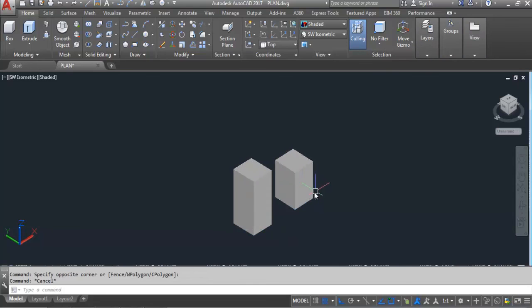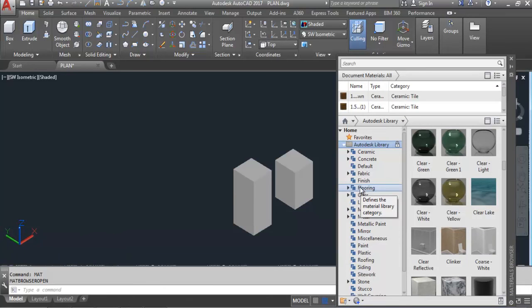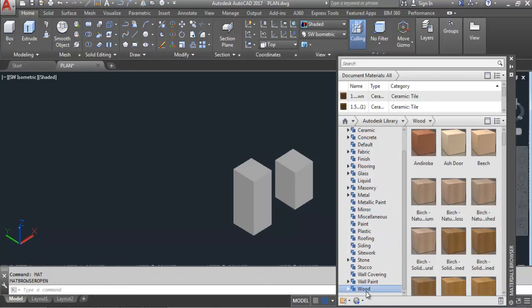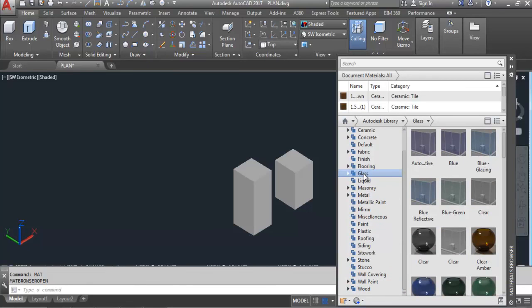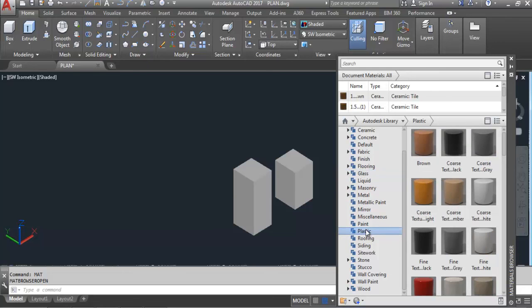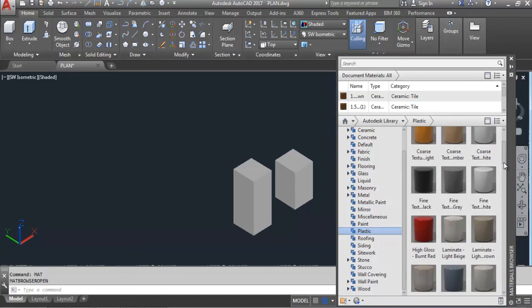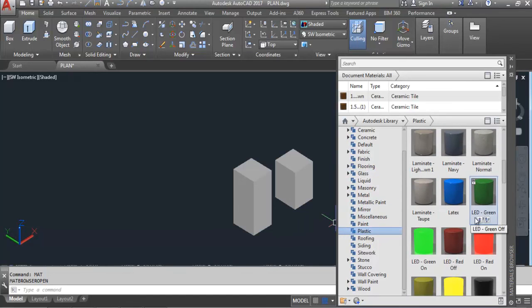So these two objects are in layer 2 and layer 3 now. Now go to material browser, type MAT, enter. Now these are in thumbnail mode. Select wood or glass, you can select. Suppose plastic, I'll select plastic. Now select any material as per your requirement. Select, click here,